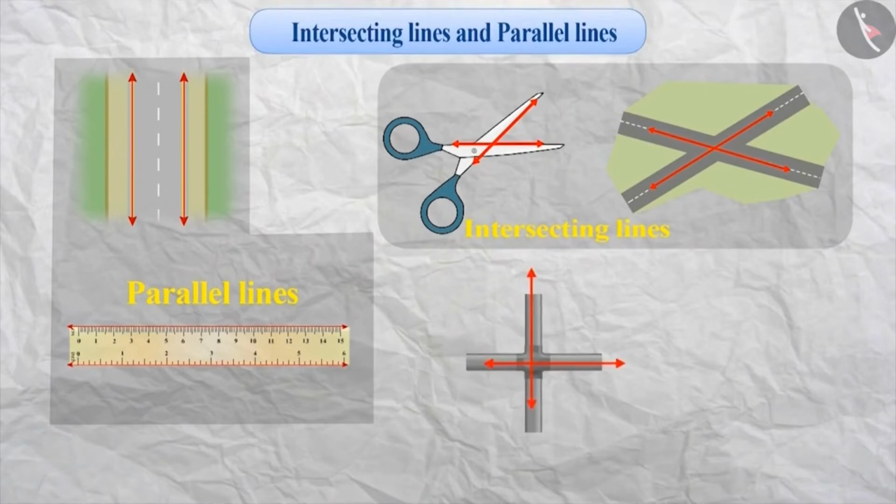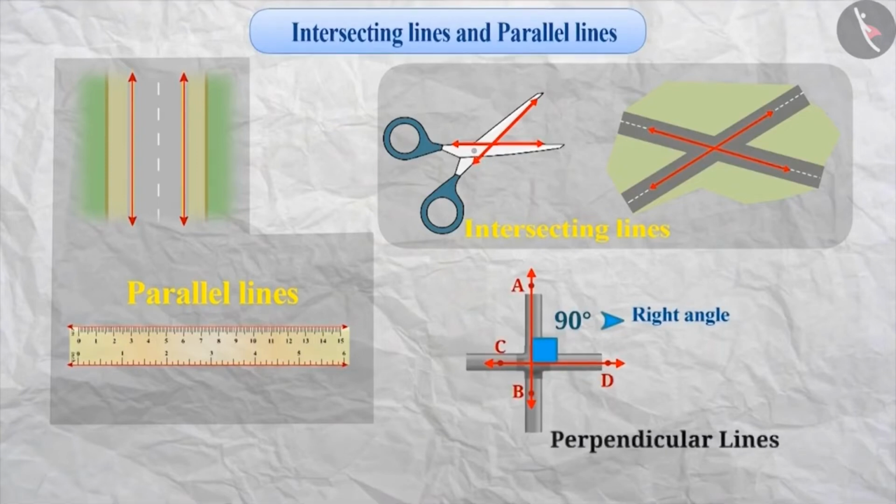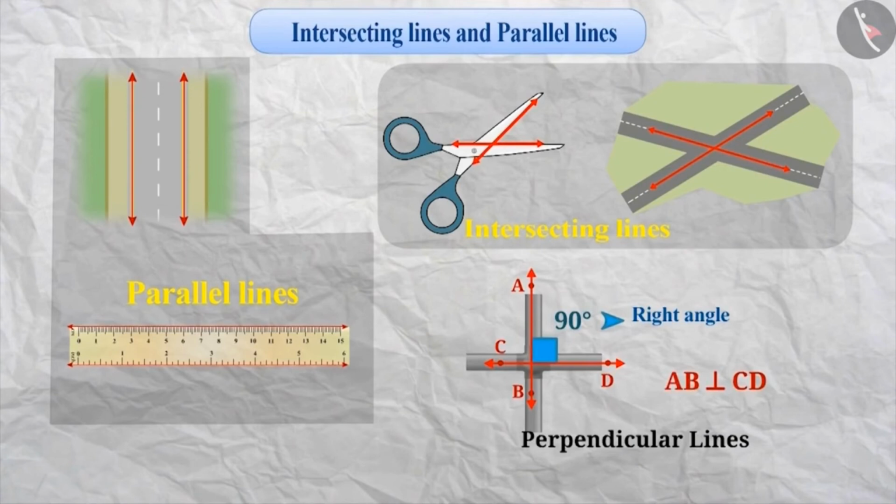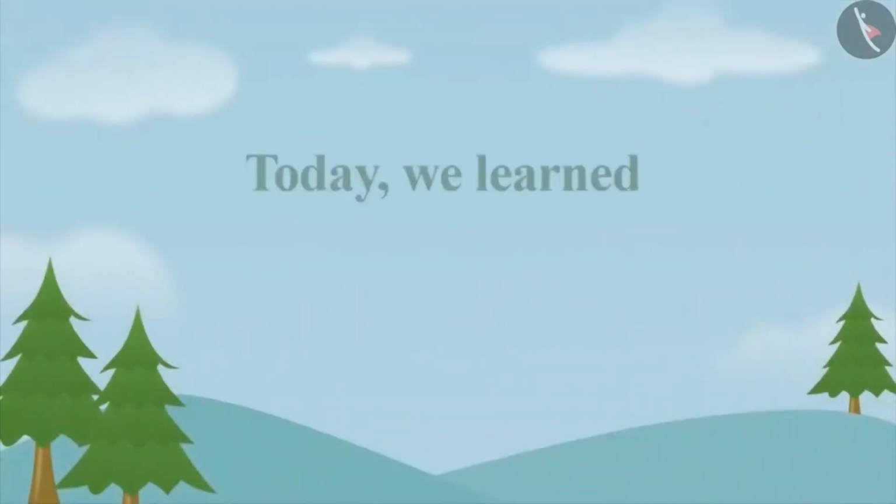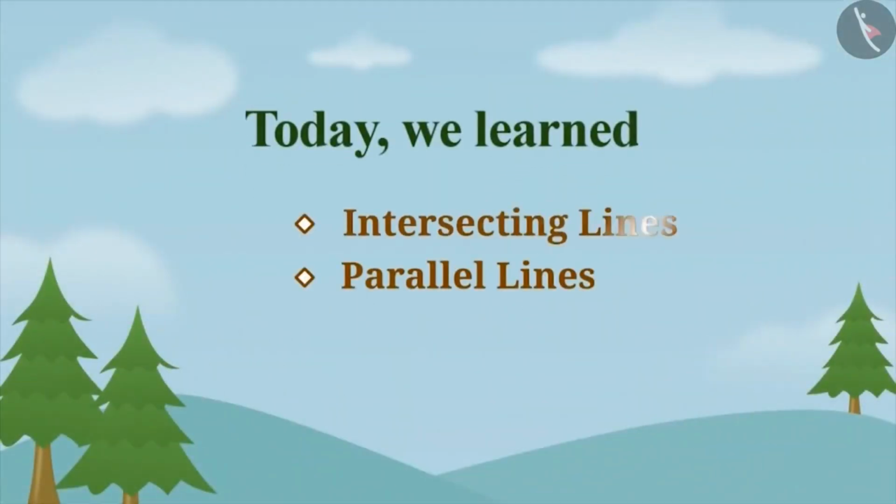Now let's look at these intersecting lines. These lines make an angle of 90 degrees, that is, a right angle. Such intersecting lines are called perpendicular lines. For instance, here AB is perpendicular to CD and represented like this. Today, we learned about intersecting lines